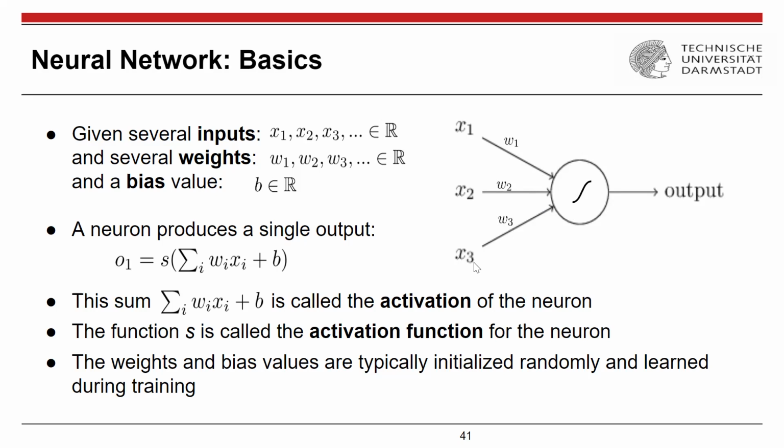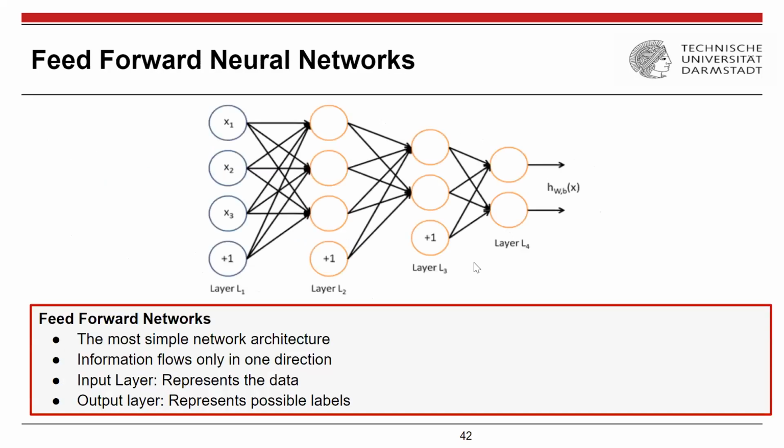So right now, most of the things that we use are not single layer neural networks. We use multi-layer neural networks or deep neural networks. This is an example of a deep multi-layer neural network, or a feed-forward neural network. It will have multiple layers. Your input, which is x1, x2, x3, up to 1. This 1 is basically just for the bias.